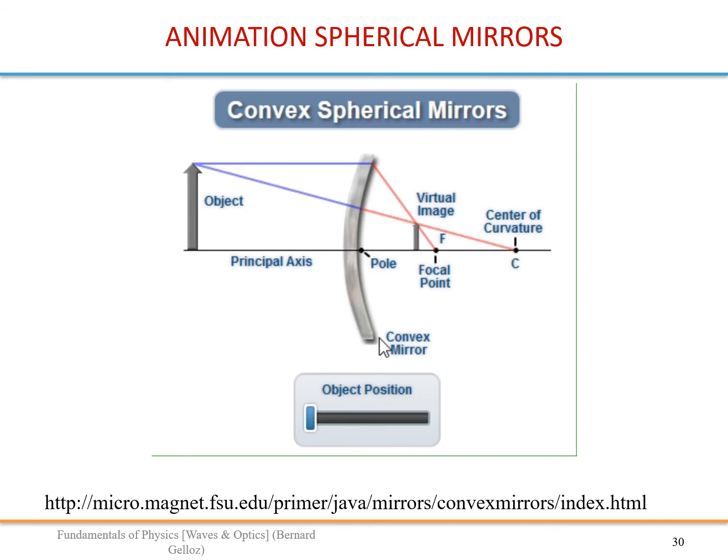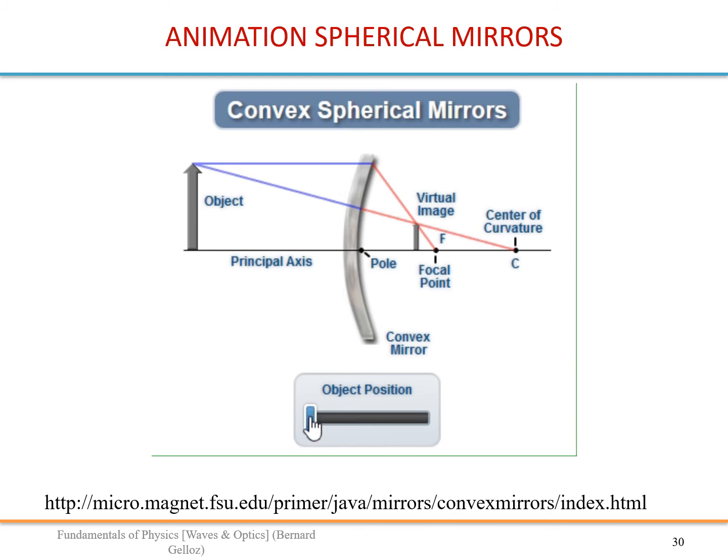Let's look at an animation. This drawing shows an object here and a spherical mirror. This is a convex spherical mirror, and it shows two rays. They choose the ray going through C, that is reflected in the same direction, and a ray parallel to the central axis which converges to the focus point. In that case, your image is here. It is a virtual image because it is on the opposite side of the mirror, in the virtual world.